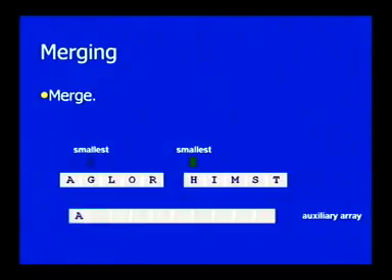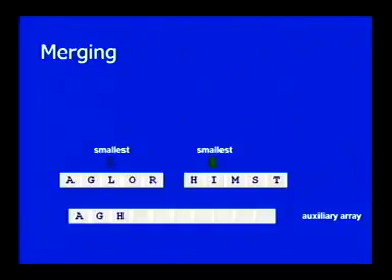You can see very well the pointer moves actually. Now, I have to compare G and H. G is smaller. Then I have to compare L and H. H is smaller. You can see very well now the pointer moves on to the next element.